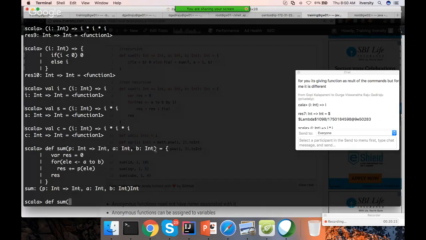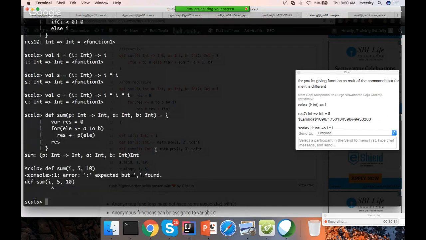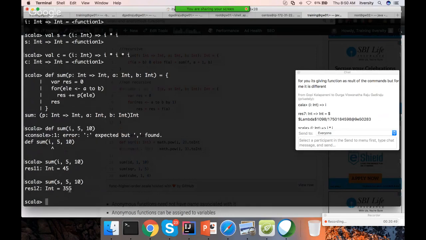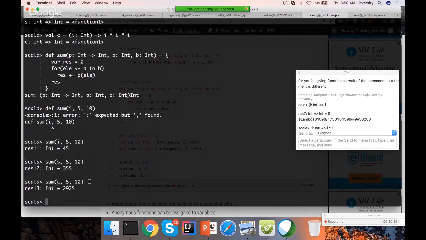Here I am using the variable and trying to invoke anonymous function. So if I say sum of 5 comma 10, sorry, I should not have def here. Okay, you got sum of integers between 5 and 10. If I say sum of s, you got 355. If you say sum of cube, you got 2925. Okay, so like that you can invoke whether with a named function or with anonymous function which are created